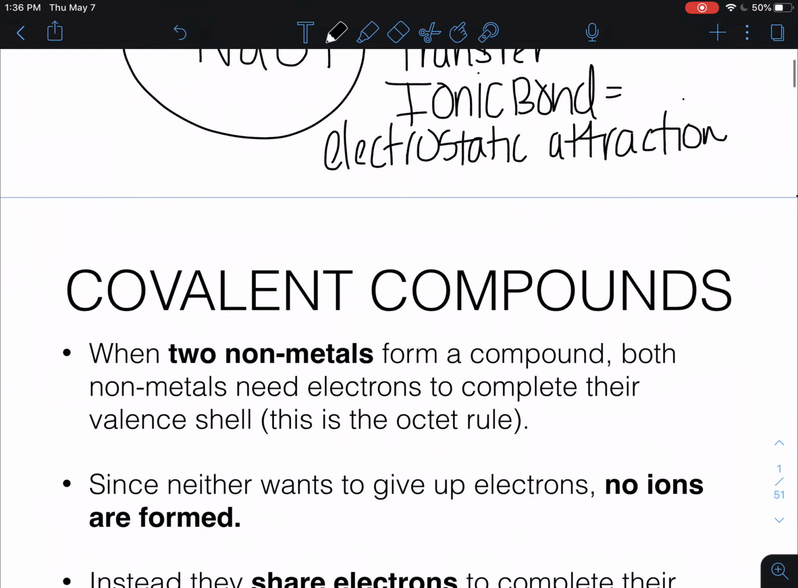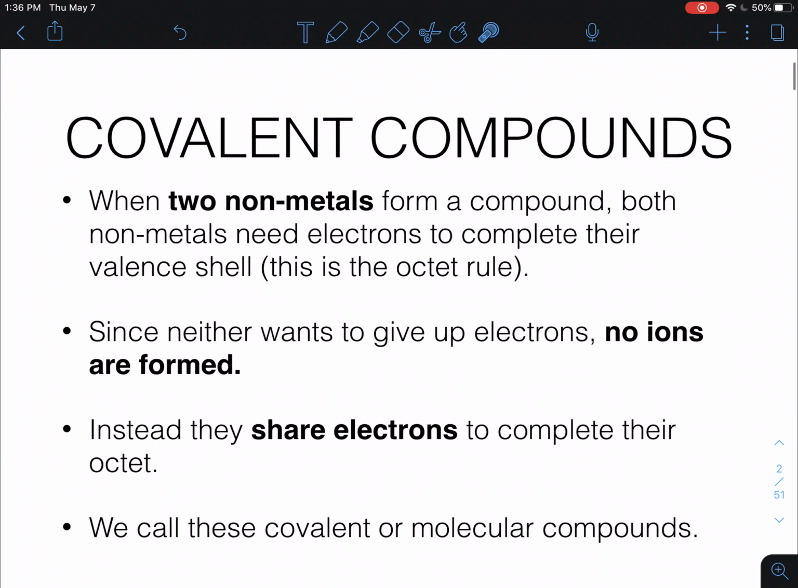But in chapter 10, we're going to cover covalent bonds, all right? So when two nonmetals form a compound, both nonmetals need electrons to complete their valence shell. This is the octet rule that we've already discussed previously. Because they're nonmetals, neither one really wants to give up electrons. Most nonmetals are 1, 2, sometimes 3 electrons away from completing their valence, so they don't want to give up their electrons,